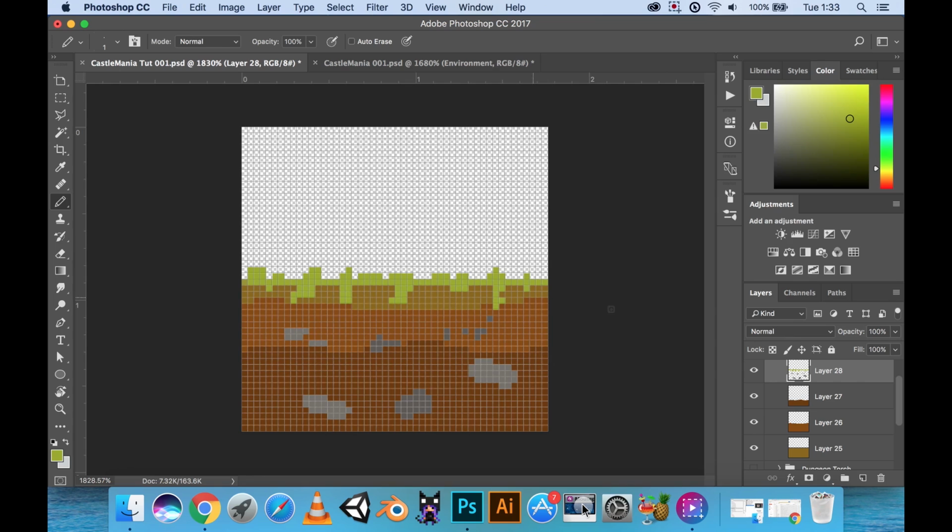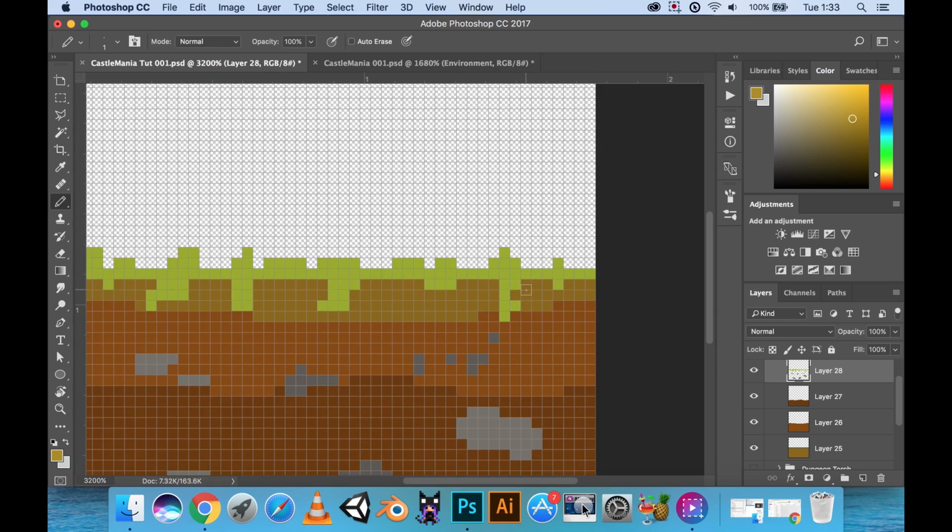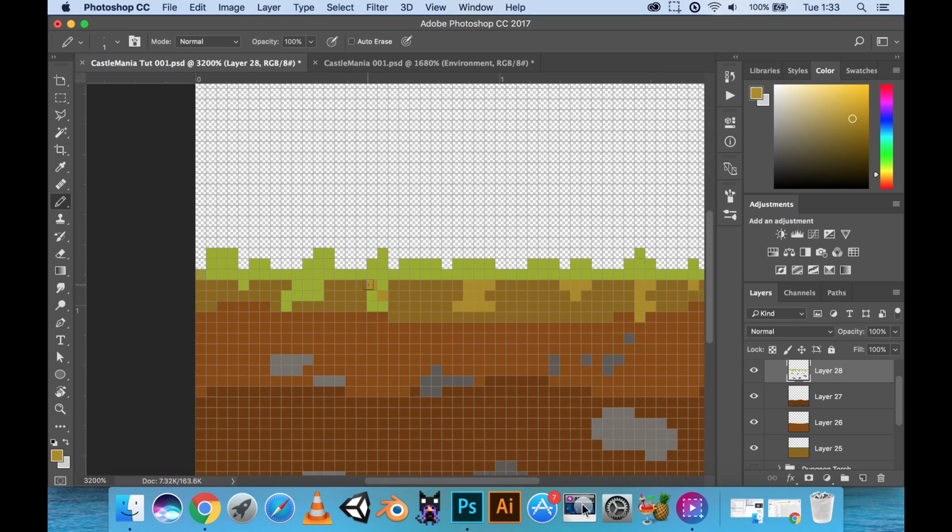Maybe we should change up the color of the roots. I'm going to use a slightly darker, sort of darker yellow, more like a golden brown type of color. It was way too similar to the floor here, so just slight differences here and there kind of adds to the details. And let's see, just keep painting these little root sections here,